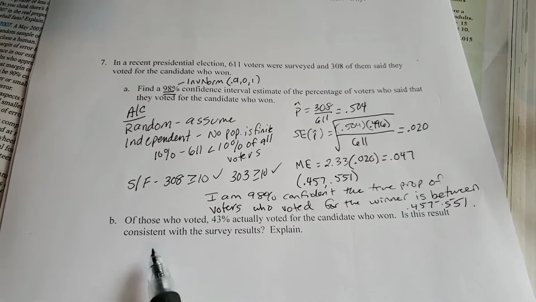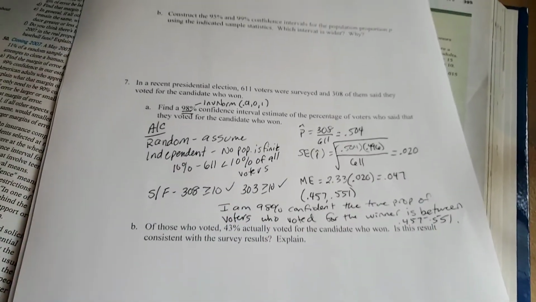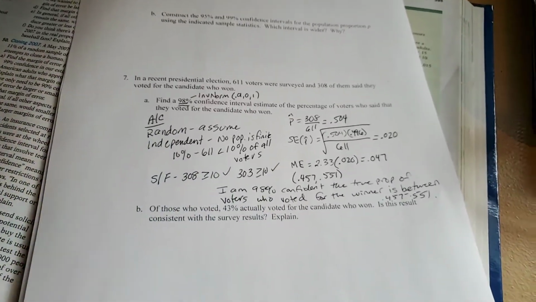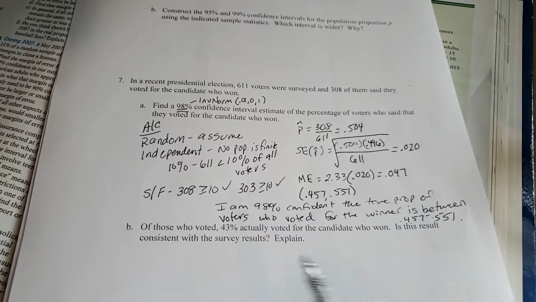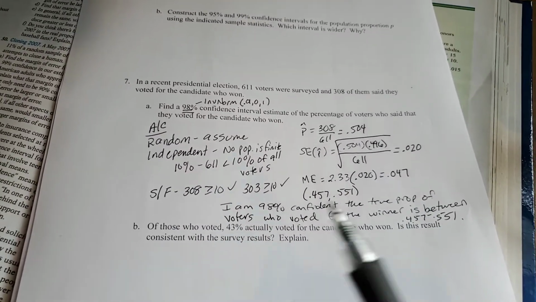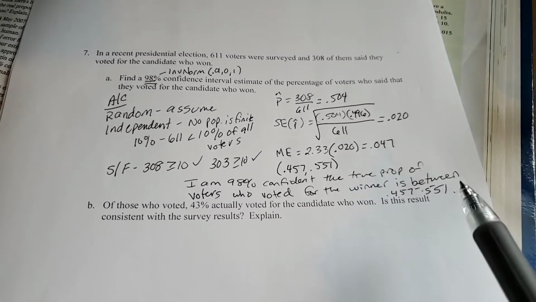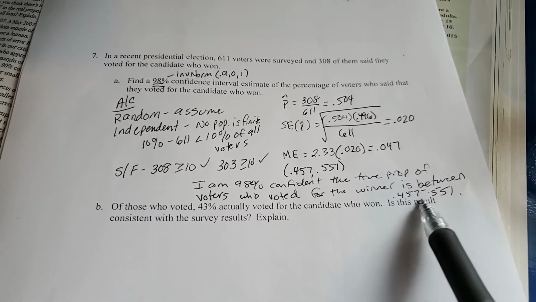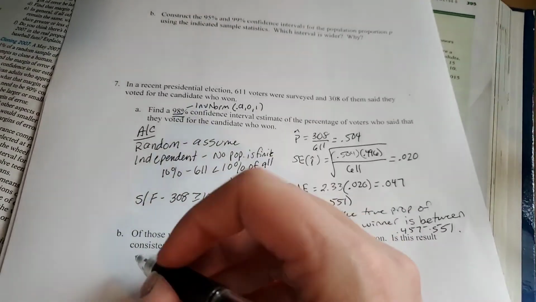Is this result consistent with the survey results? Explain. So what we're looking at is our confidence interval, and we're looking to see if 43 falls in here. Now 43% is a decimal, 0.43. Is 0.43 in here? No, it's not. This is actually indicating the true proportion is higher than 0.43. So the answer to this question would be no,